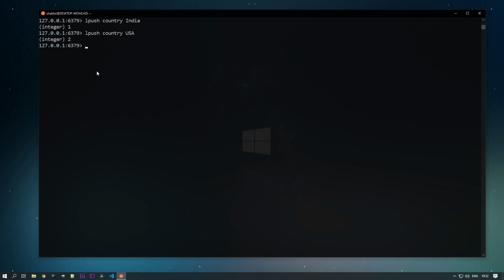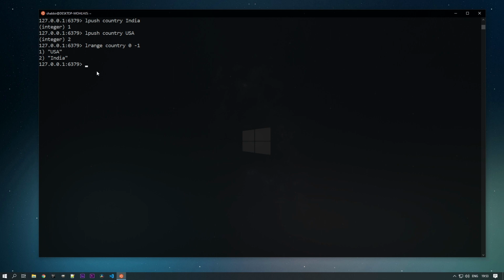Now to get all this data which we have entered, we can use lrange with the key, start and stop. This start and stop is the value we need to define to get the data from the list. My start would be 0 and my end would be -1 to get all the data. You can see I get USA and India.